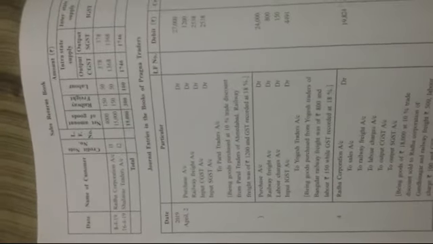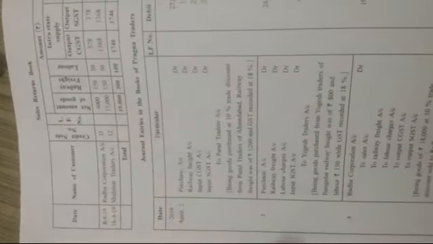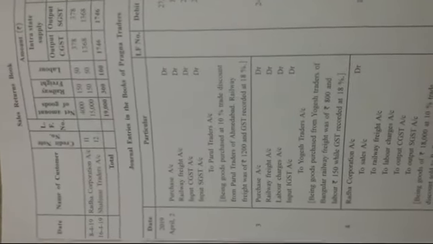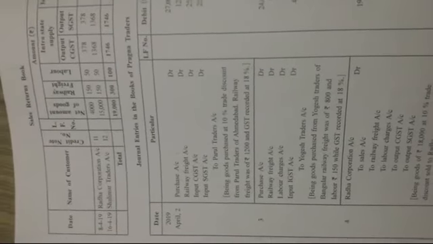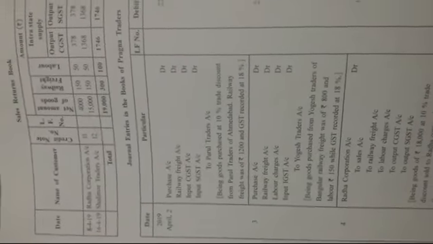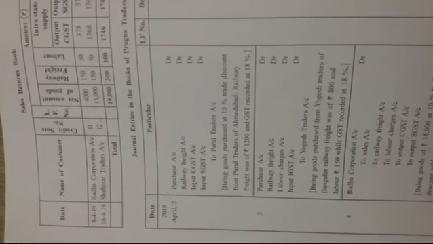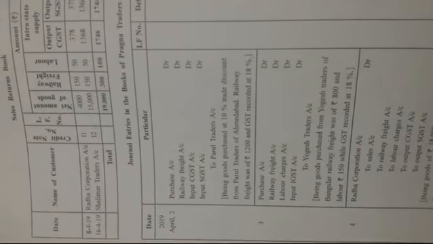So come to the sales return book. Write the date 16th April 2019. Name of the customer is Shalimar Traders account. Credit note number is also given, 12. Amount would be 15,000, because the total cost of goods sold to Shalimar Traders was 30,000, but out of 30,000, 50% of goods are returned. So only 15,000 net amount of goods is returned. So write it here, 15,000.